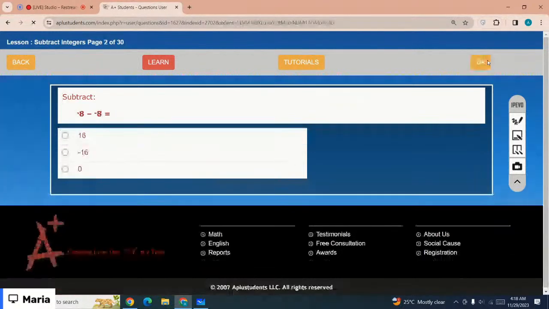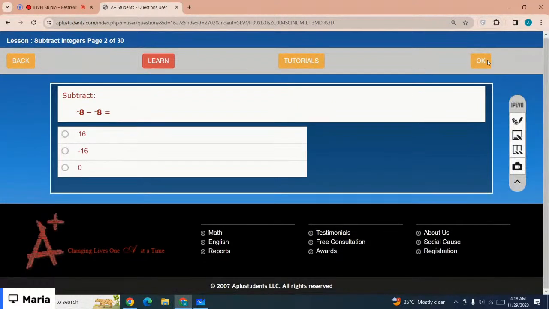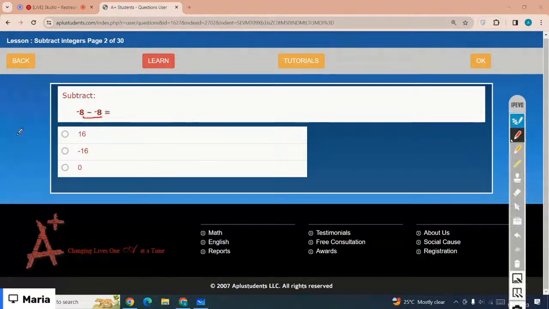Okay, the next one is -8 minus -8. Both the numbers are negative, right? Which is the correct option? Just look at here. Subtracting a negative number is same as adding. So it would be -8 plus 8 and -8 plus 8 makes